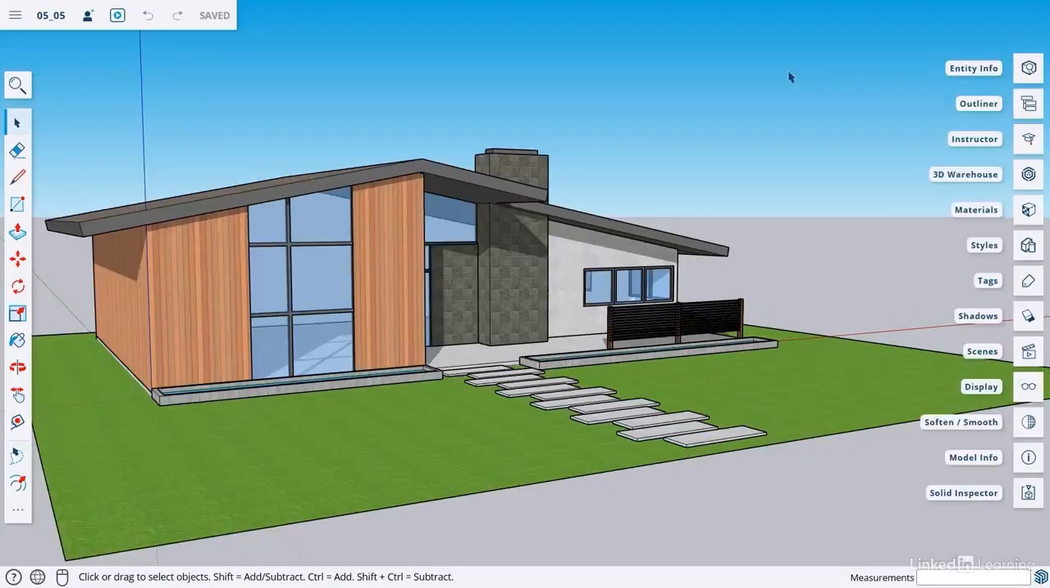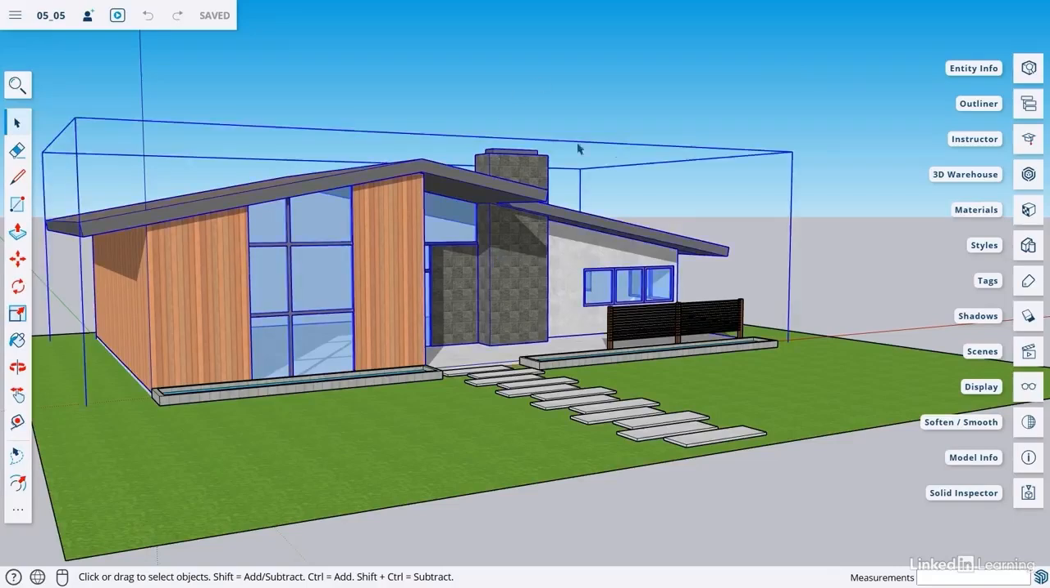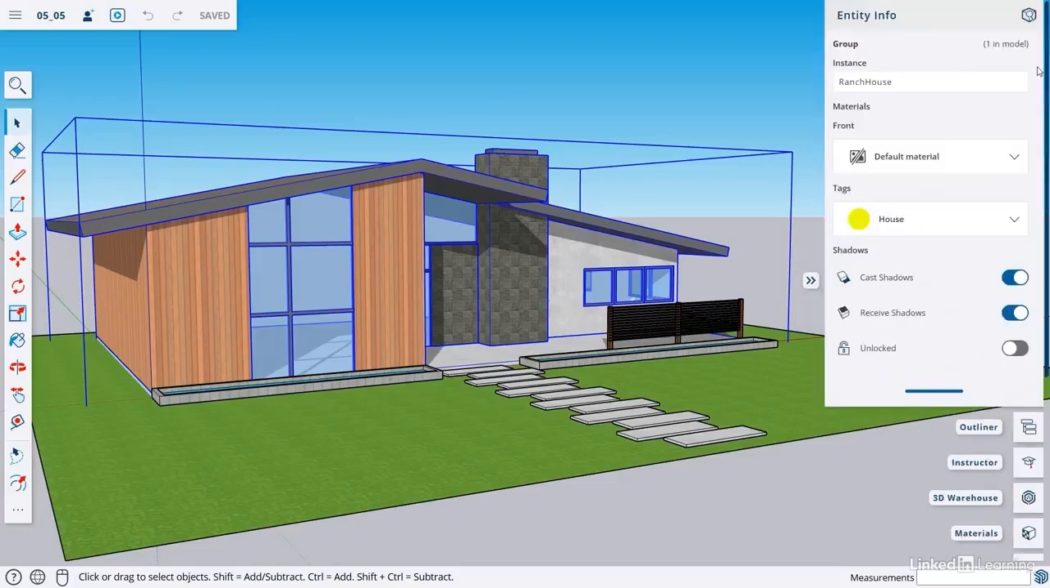The Entity Info window is another way to control how your scene works. So we touched on this a little bit with tags, but let's go a little bit deeper into it. So I'm going to select this house and then go over to Entity Info. Now, Entity Info is pretty straightforward. Basically, it gives you the object name,